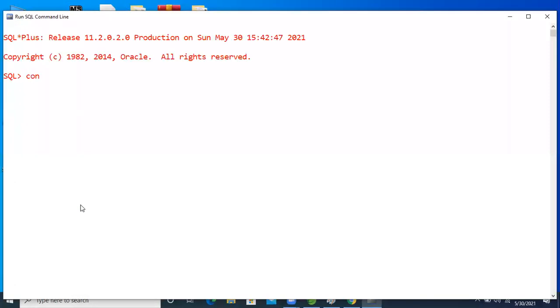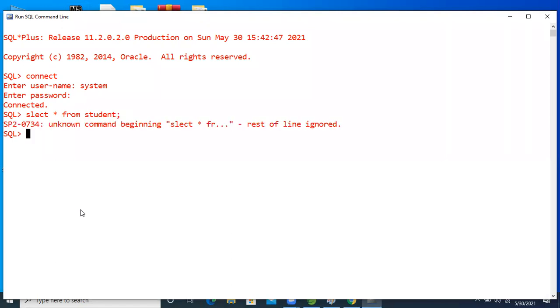Connect as system, and now select. There is no table.